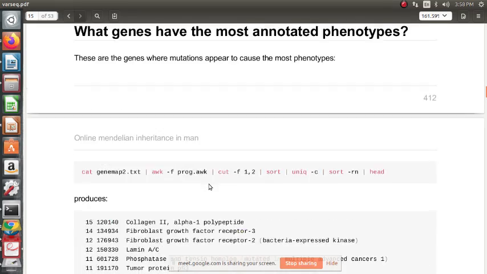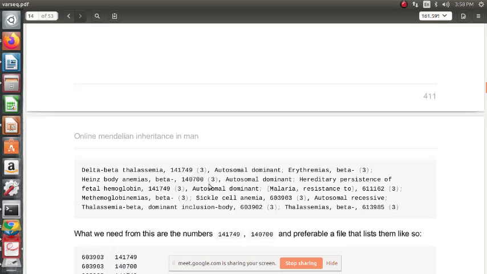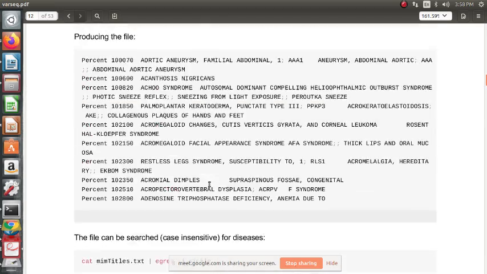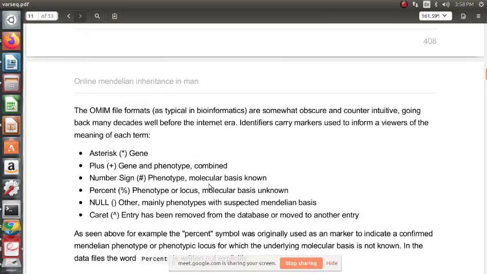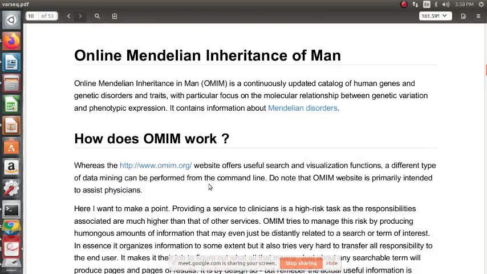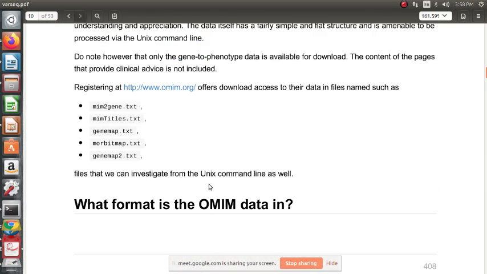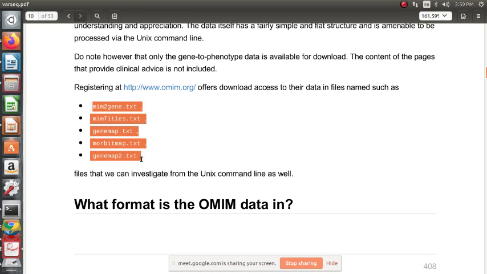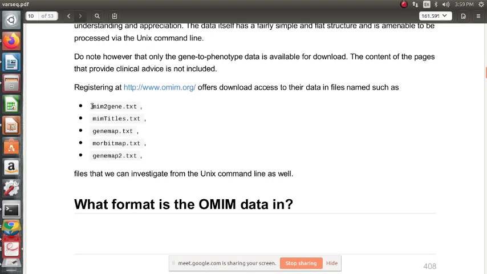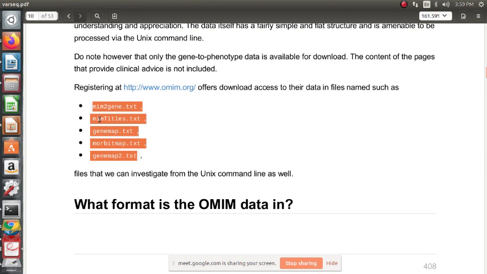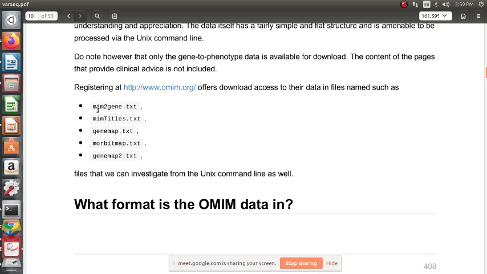Okay, so tomorrow before variant calling, we'll see VCF, but we'll also see OMIM in a particular session. OMIM is the Online Mendelian Inheritance in Man. So basically for OMIM, what we require is these files to see in command line. Okay, what are these files? 5 files. What are these 5 OMIM files?